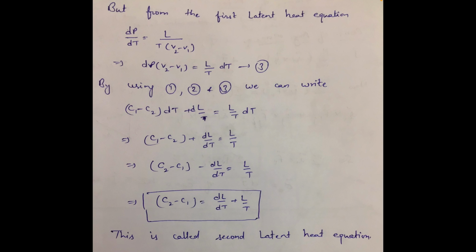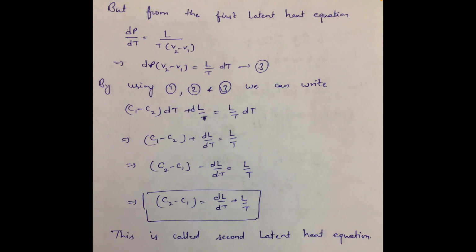If we divide this equation by dt, we get C1 minus C2 plus dL by dt is equal to L by T. If we take the minus sign common from all the terms on the left hand side, we get C2 minus C1 minus dL by dt is equal to L by T. If we take the second term of the left hand side to the right hand side, then we can find the value of C2 minus C1,